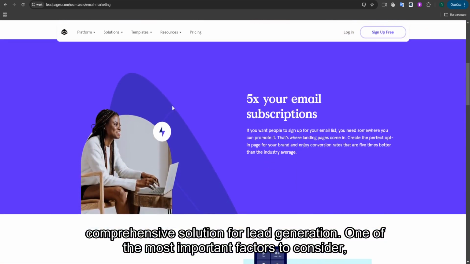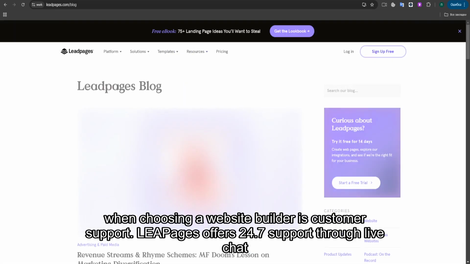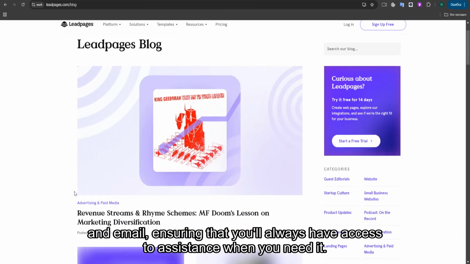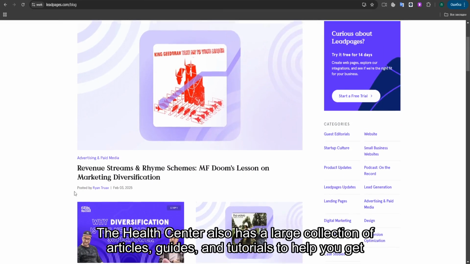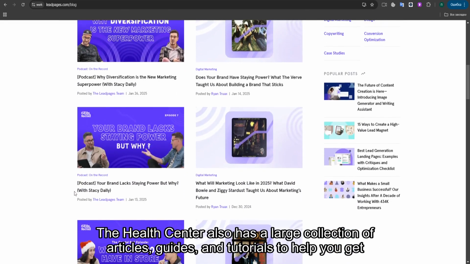One of the most important factors to consider when choosing a website builder is customer support. Leadpages offers 24/7 support through live chat and email, ensuring that you'll always have access to assistance when you need it. The Help Center also has a large collection of articles, guides, and tutorials to help you get the most